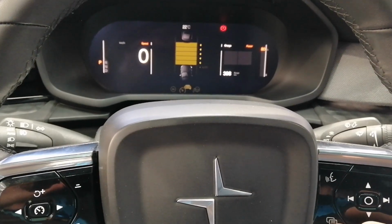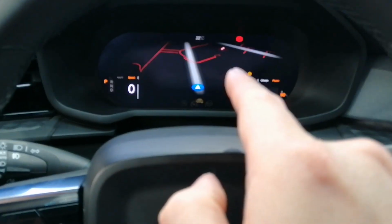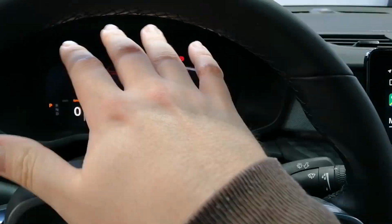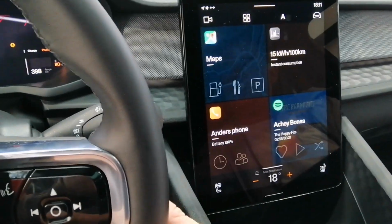And you also have Pilot Assist with this car too. Okay. And then we go back to the maps. I could give you a quick demonstration here now. Is the software the same as the infotainment screen, or is it independent? So this will give you a view of the map onto here, with the route, and then these screens are kind of...